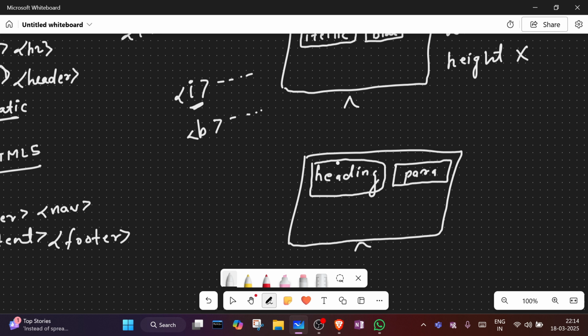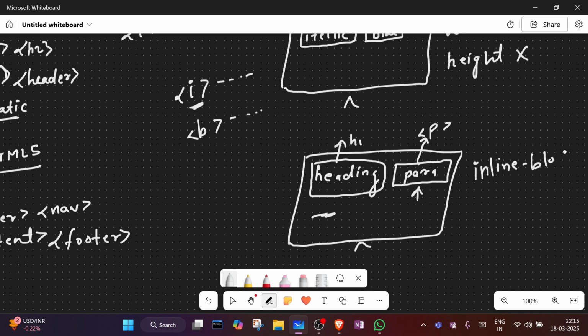So if you are using h1 here, it will take the complete width. And if you are using a paragraph here to write this content, it will also take the complete width, meaning it should start from here. But if you want my content to start from this place only, what you can do here is write one more property, which is inline